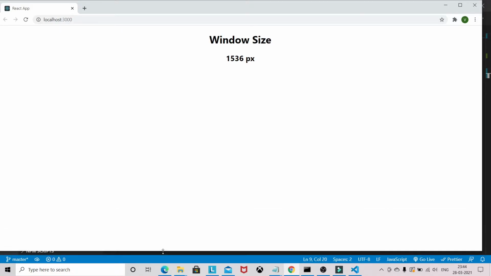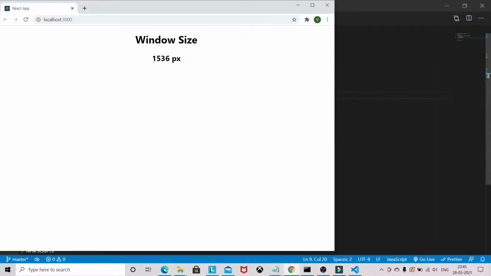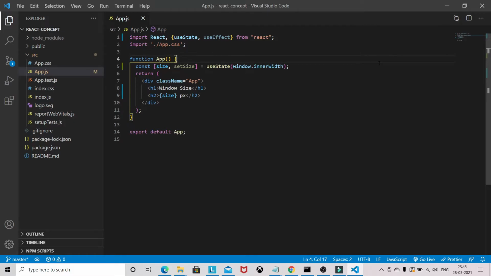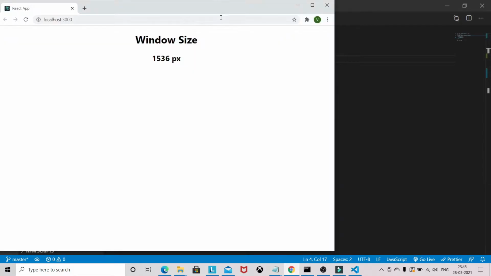It is not happening right now. So suppose if I resize this, and again I reload the page, you will see a different window size. So first we need to listen to the resize event inside our useEffect.